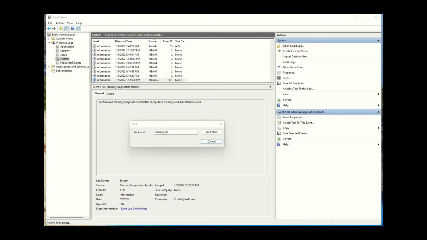Okay, you'll see the results if you keep looking at that blue screen, but if you miss it, when you boot, under Event Viewer, you can go to Windows Logs and right-click on System, and then do a Find. Right-click on System and say Find Memory Diagnostic, and it'll find the results in that information listing there, as shown.